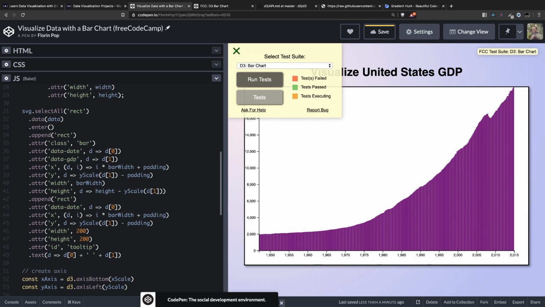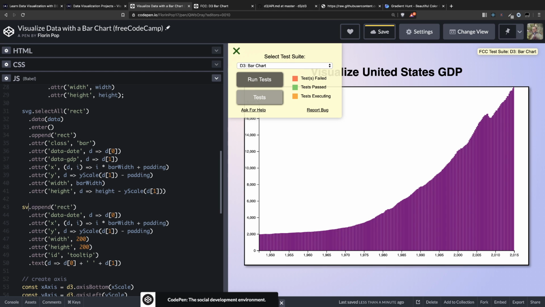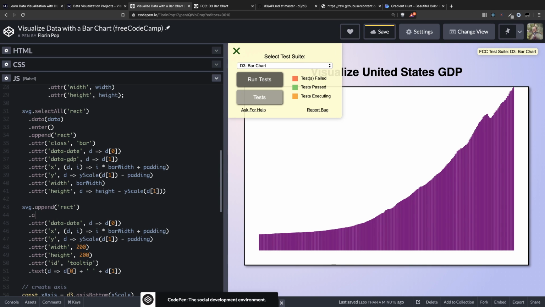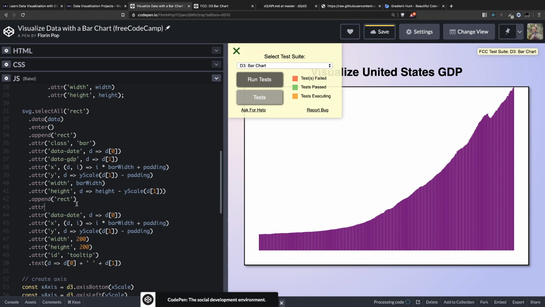I guess we can create this separately. SVG append. We get the data date, put it there. We get an X and a Y. Maybe we could add a class. How do we know where to target it? No, we need to add it inside the rect. Have a class of tooltip, so we can target it in